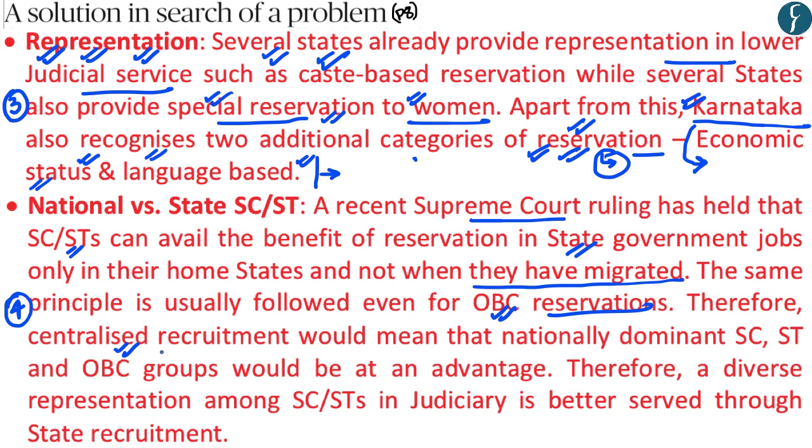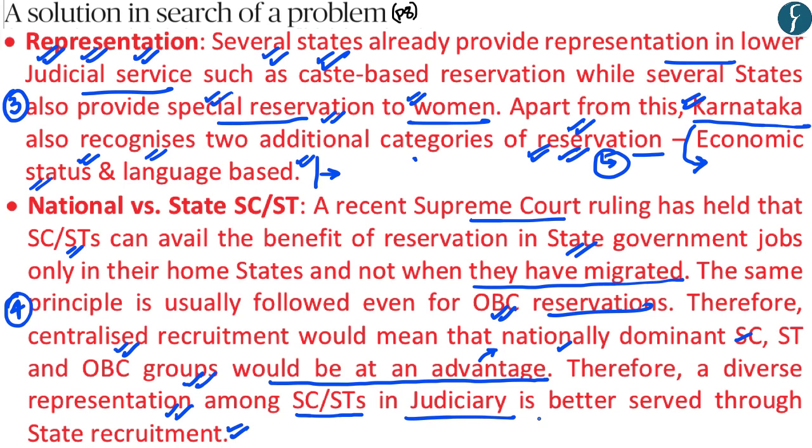And it is with regard to that that the authors have made an argument that centralized recruitment would mean that nationally dominated scheduled caste, scheduled tribe and OBC groups would be at a better advantage to clear the exam and get appointed. And the authors have said that diverse representation among scheduled castes and scheduled tribes in the lower judiciary would be better served through recruitment by state, whereby what is currently happening is that